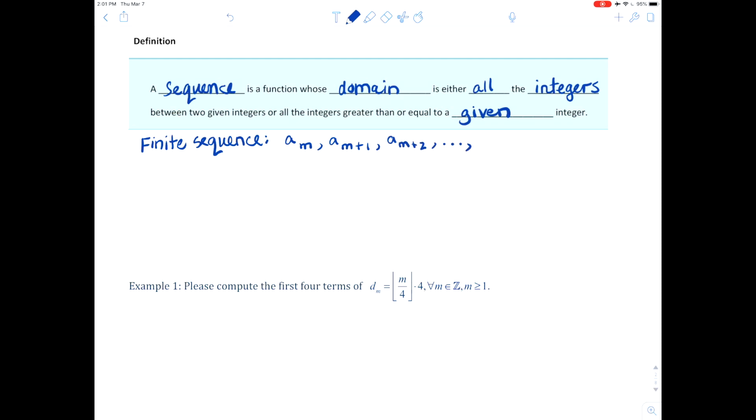And then any random term in there, it could be our a sub k. And then you keep going until you get to your very last final term. Okay, so this is when it's finite. So here we would have our final term,